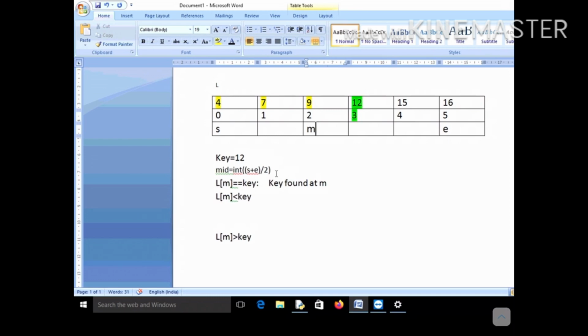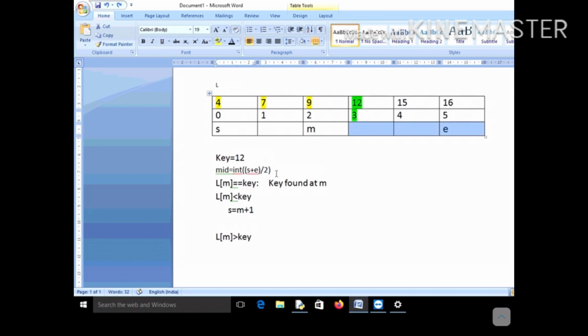Now your starting position s is modified. Initially the starting position was 0, but if LM is less than key, then s becomes m plus 1, because you now need to search this remaining portion. So your start position should be this one, below 3, since the earlier portion is no more to be searched.